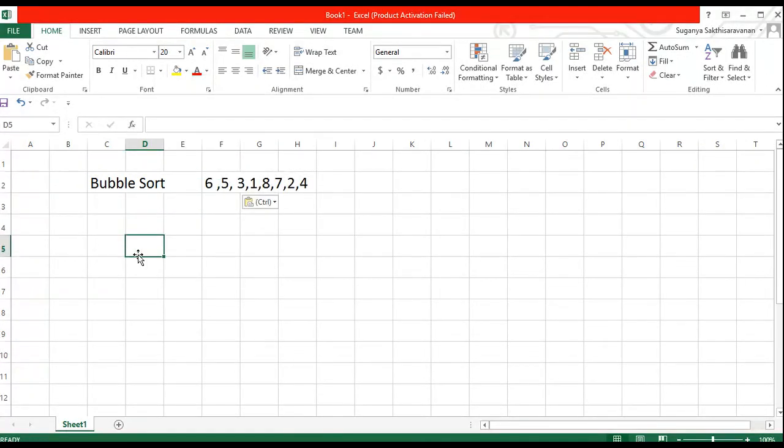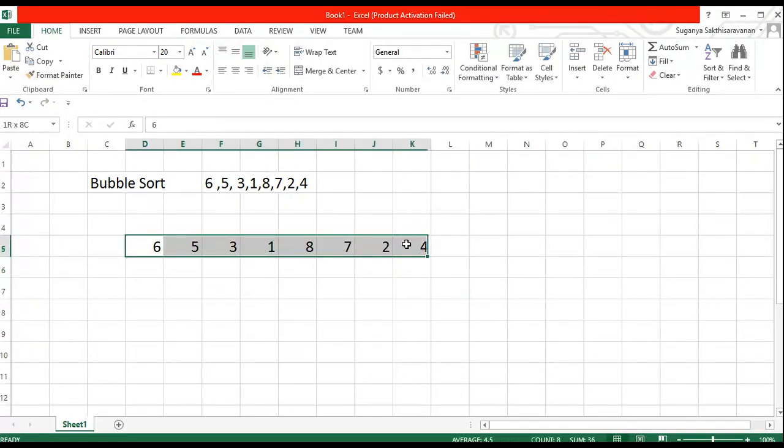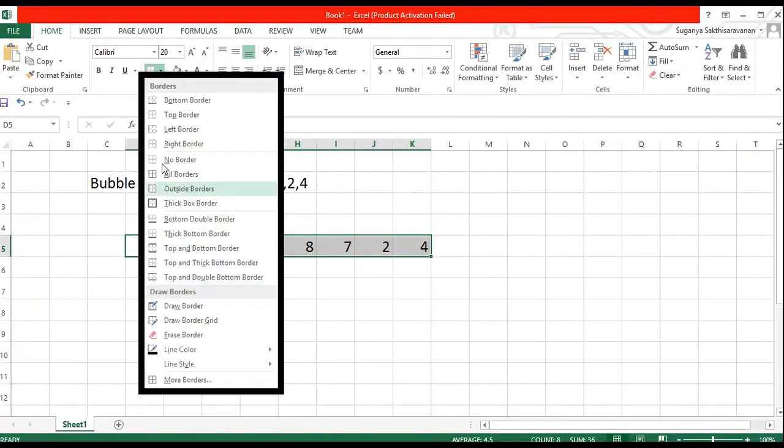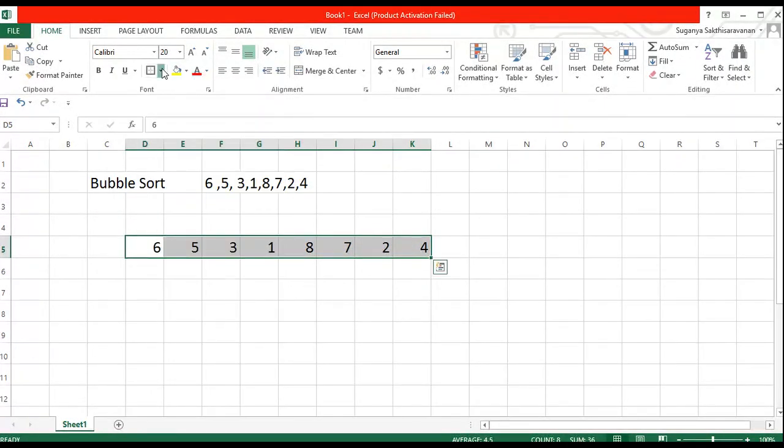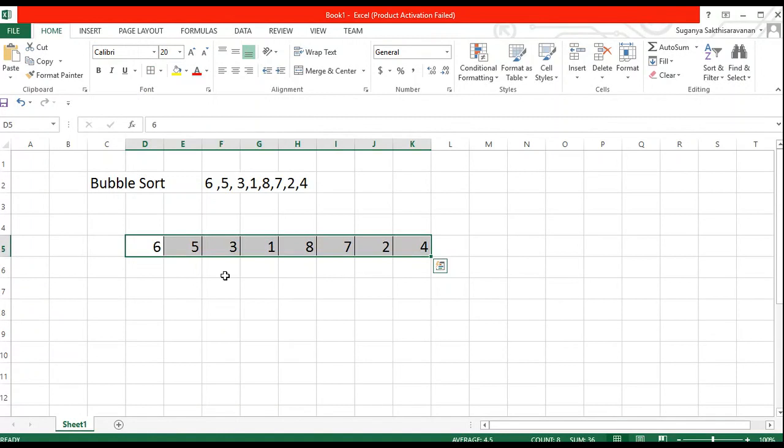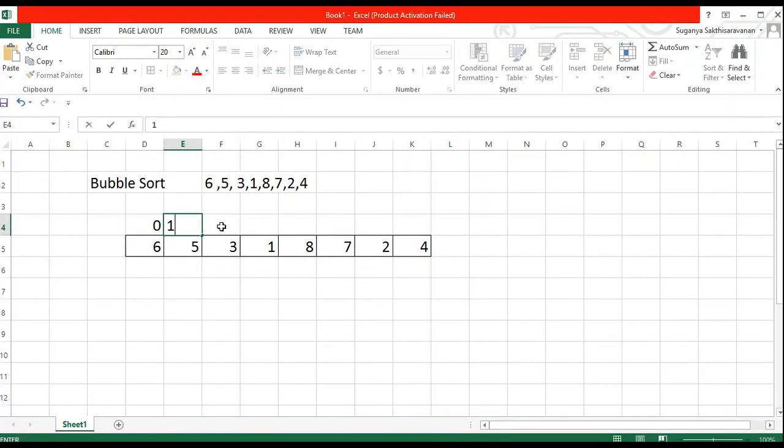So let me assume 6, 5, 3, 1, 8, 7, 2, 4. This is the array we are going to take, and in this array we are going to perform bubble sort. For bubble sort, we are going to take the first two values. Let me write the index positions: 0, 1, 2, 3, 4, 5, 6 and 7.